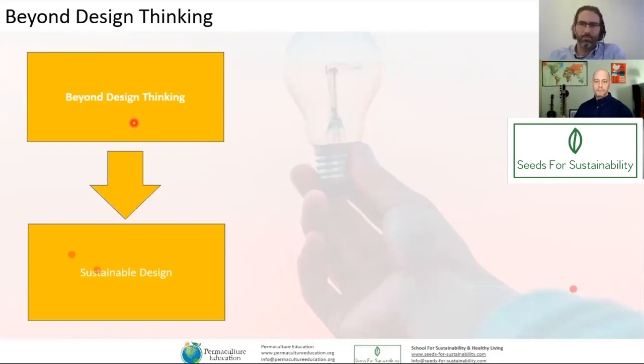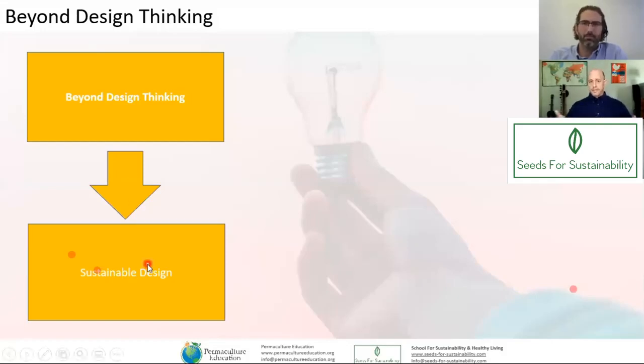As we said, design thinking as it's normally used out there is conventionally focused on physical product development. And a lot of universities lately have included the concept in the field of software design. Now, if you go outside of the field of product development and software design, we encounter some problems trying to use the core 5 steps of design thinking. And this is where we get into sustainable design.